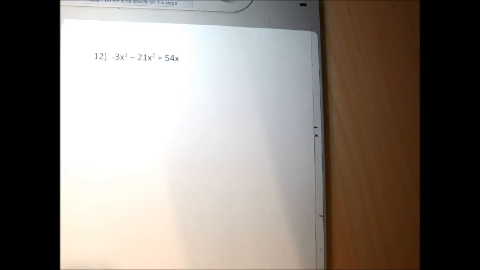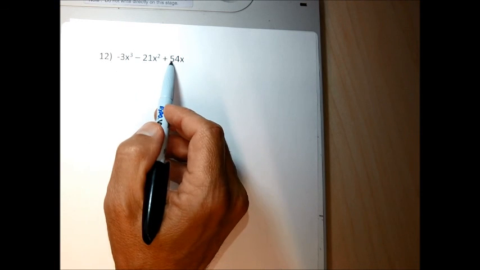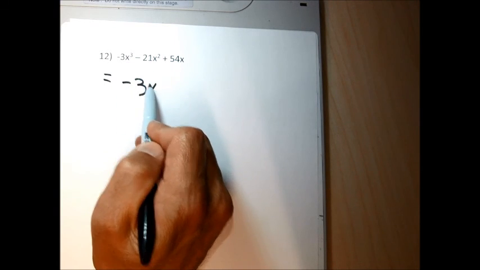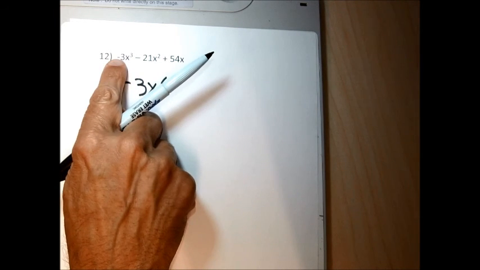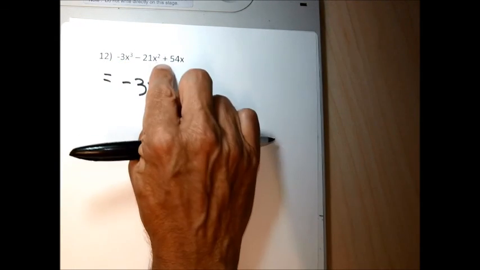For 12, I need to pull out the common factor of a negative 3. Actually, a negative 3x, because each of the numbers is divisible by 3. Each of the terms has an x, and the first term starts off with a negative. So I'm going to pull out a factor of negative 3x. I'm going to change that sign from negative to positive, that sign from negative to positive, this sign from positive